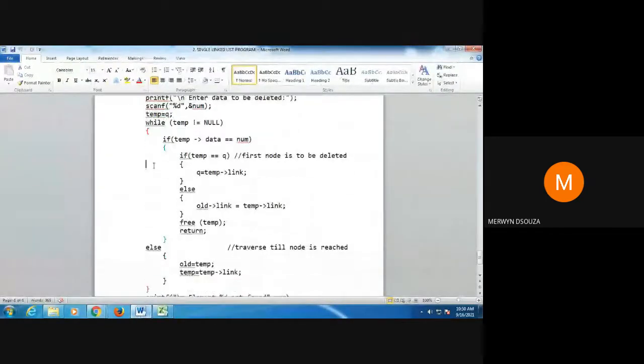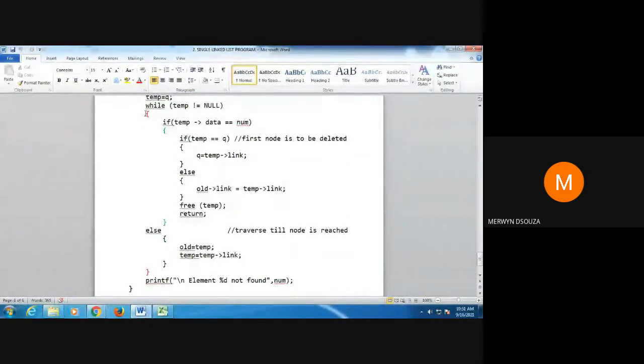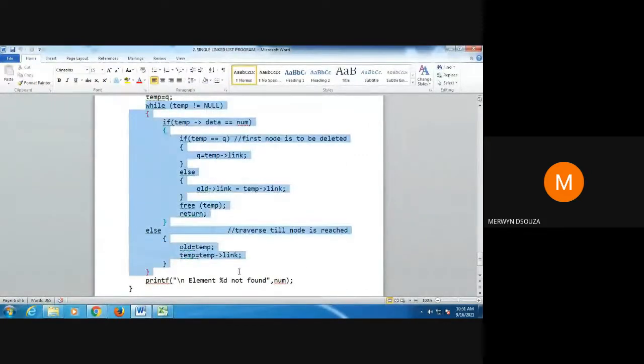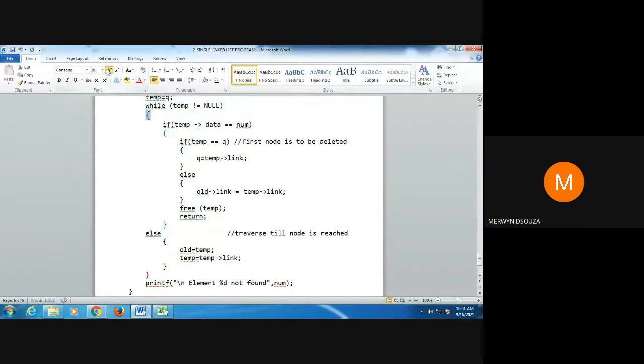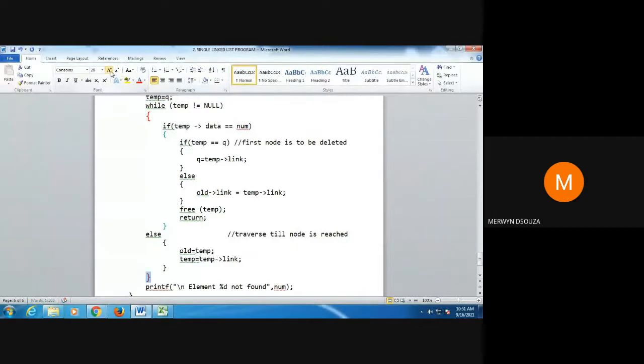Now we start with the while loop. There's an entire while loop here. I have highlighted it: the while loop starts here from this red open parenthesis and it closes here at the red closing parenthesis.